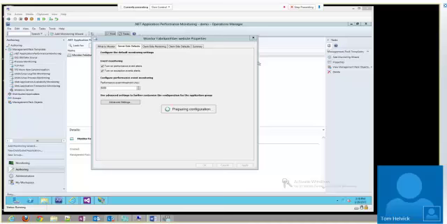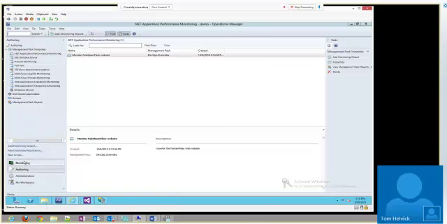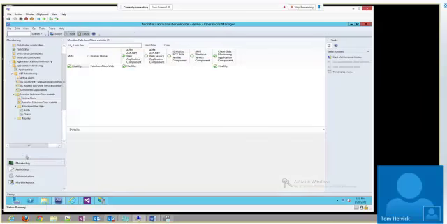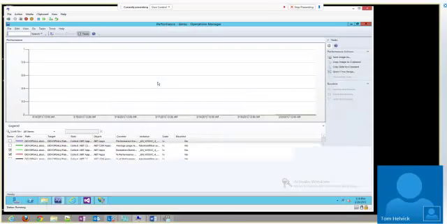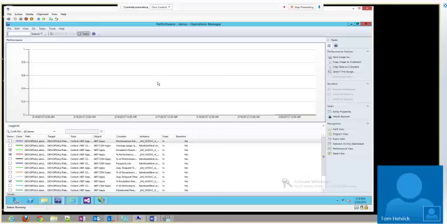It's saving. Okay. So if I go back up here, I have actually made changes to this up here. So I'm back in my monitoring view, and this is what an operations person would look at on a daily basis. So I could go in here and say, I want to see what's going on on the server. So I'm going to right-click and choose to look at the performance of this server.